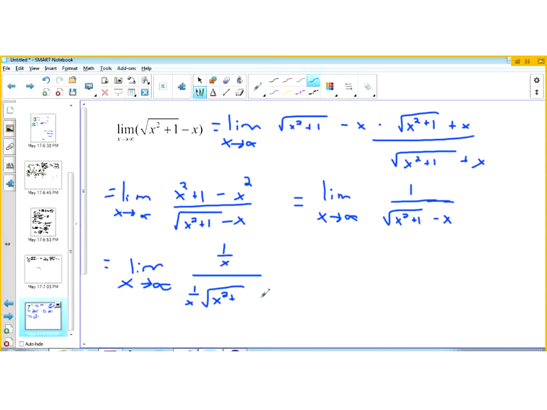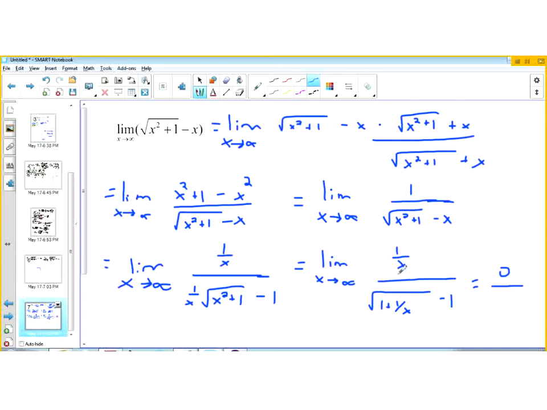Okay. And I get this result. And now I let the radical in the denominator absorb the 1 over x. I used a technique from the previous examples to absorb the 1 over x into the radical. And so that would be the square root of 1 plus 1 over x minus 1. And then I used the theorem. We know the numerator would go to 0 by the theorem and the limit laws. And the denominator would go to, let's see,